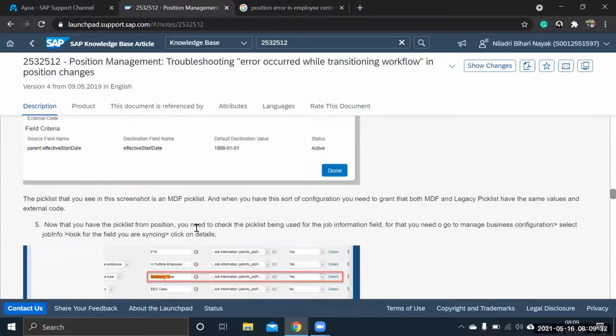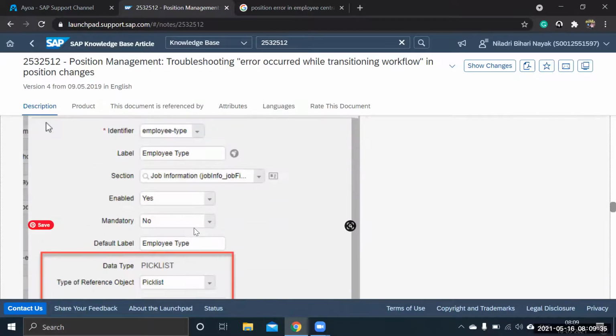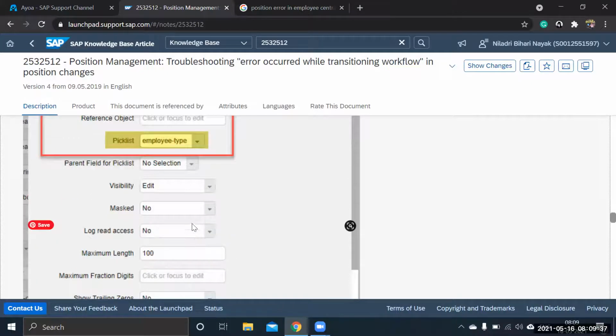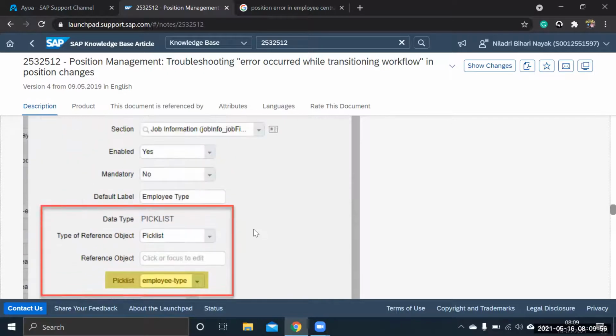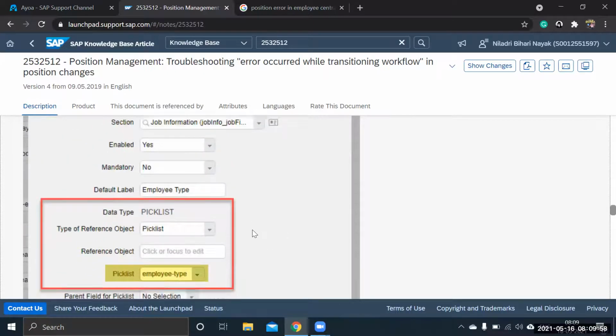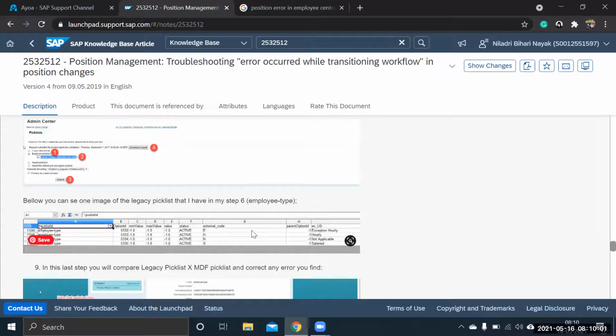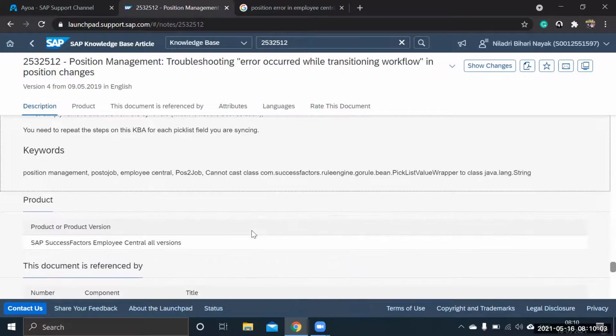These are on top of your implementation guide, because the implementation guide is very generic, right? The conceptual thing. But for any specific disease, you go to a specific specialist. Similarly, these are specialist kind of things. For any specific issues, this KBA, knowledge-based article, helps us solve that particular issue in a quick manner. You will be finding a very detailed step-by-step process.